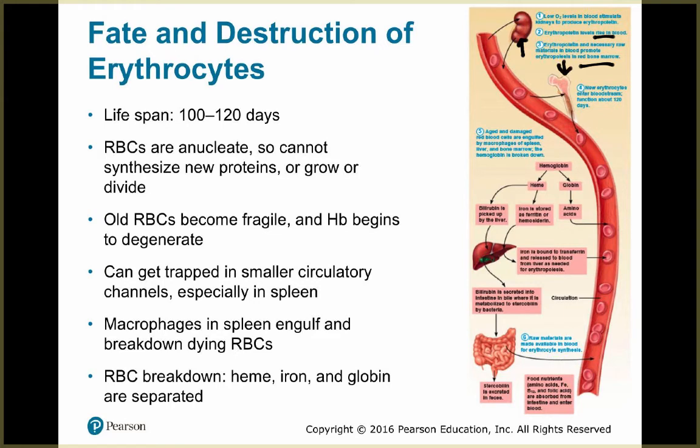And here's an example where it's going into the epiphysis of this bone. Now they're going to enter the bloodstream here, and they're good for about 120 days, right? As they become aged and damaged, they can be engulfed by macrophages of the spleen and liver,